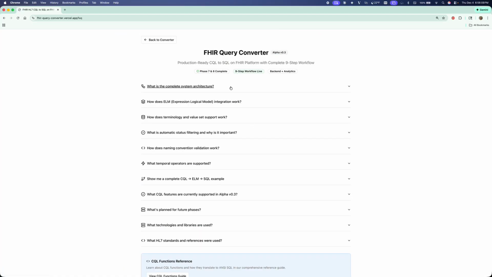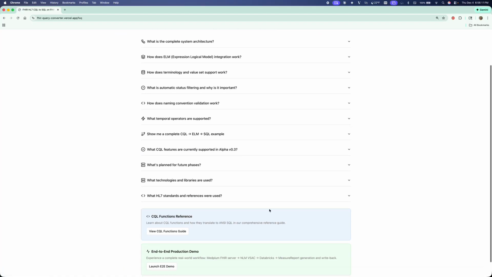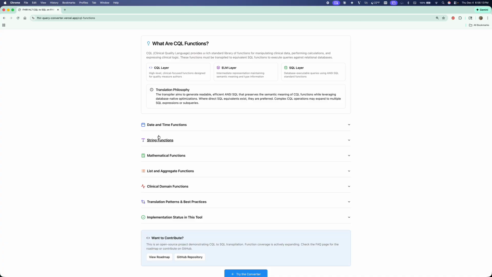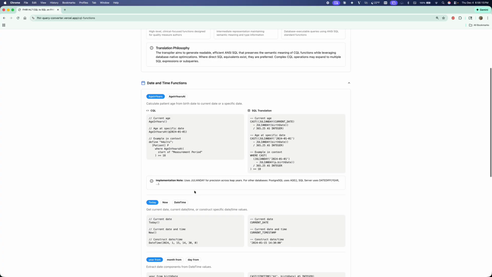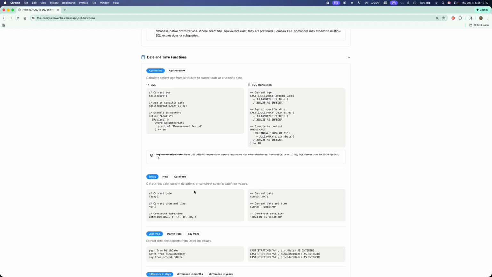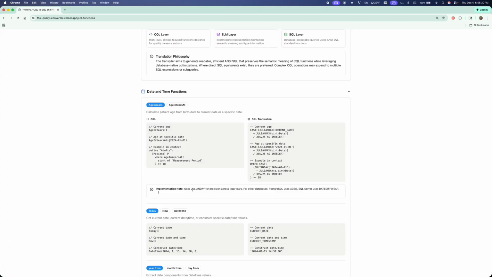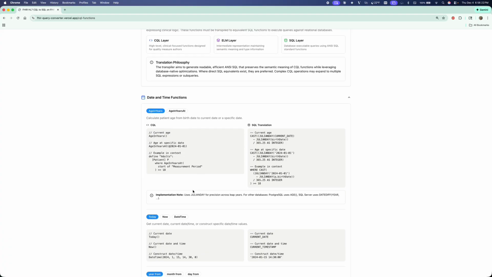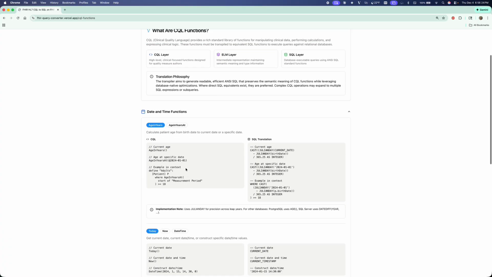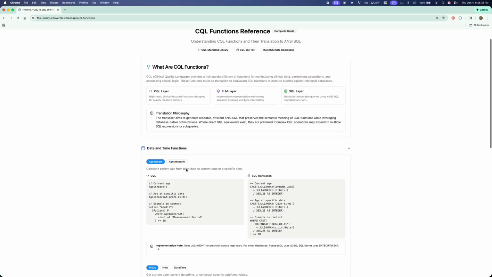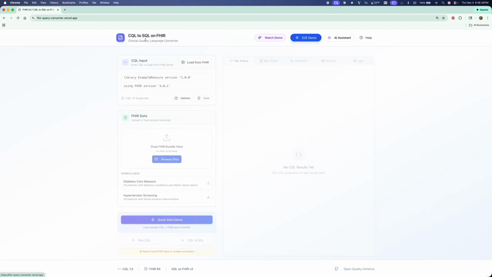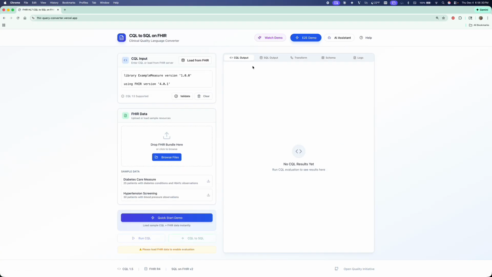In addition, we can see that there are different functions that convert from CQL to SQL. So there's a whole document structure here that everyone can go and explore. In addition to this being a project in draft mode,